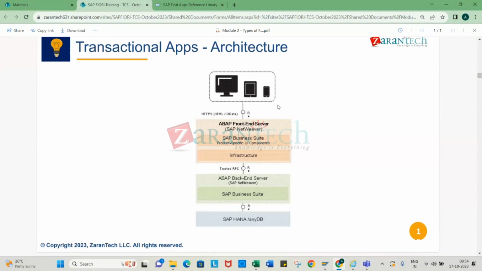If you remember, there is another layer. This R you see here in the circle is another layer called the web dispatcher. The web dispatcher helps you to uniquely identify what request is coming and where it has to be redirected. That dispatcher is generally used in fact sheet and analytical apps. It's not much required in transactional apps. So whenever the request comes from your device, whatever call we are getting, which is an HTTPS call via the OData service, goes to what you see here, our gateway server, the SAP NetWeaver Gateway,